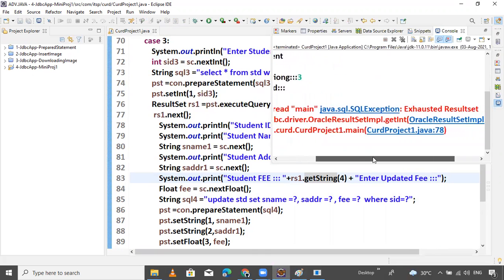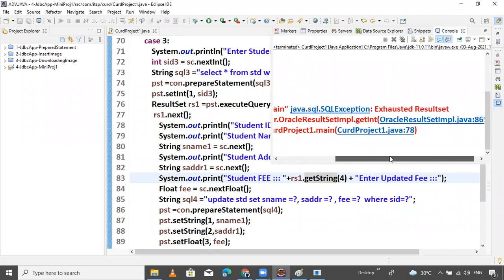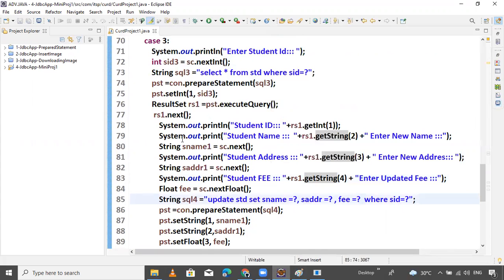Okay. Execute. Select star from STD where SID. Okay, select star from STD where SID. Everything is good, yeah.